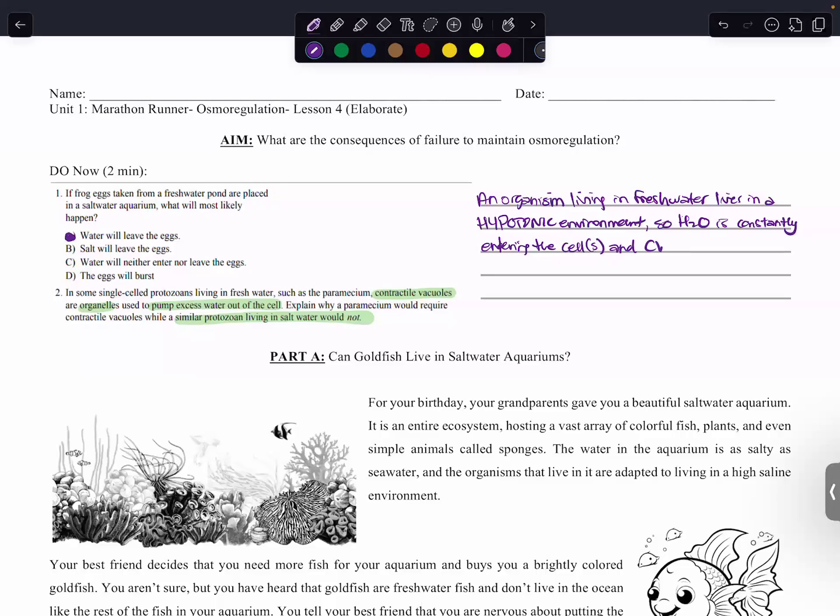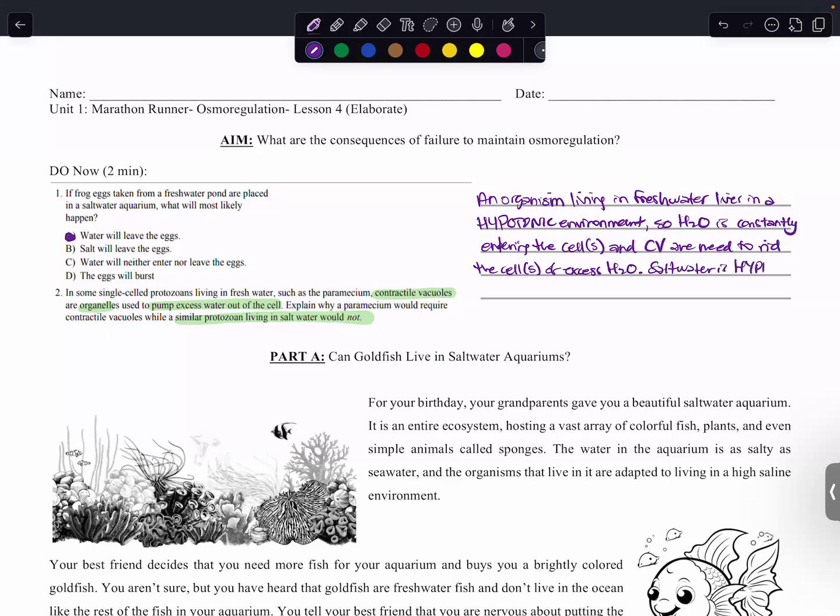And contractile vacuoles, I'm just going to abbreviate as CV, contractile vacuoles are needed to rid the cells of excess water, right? Salt water, however,